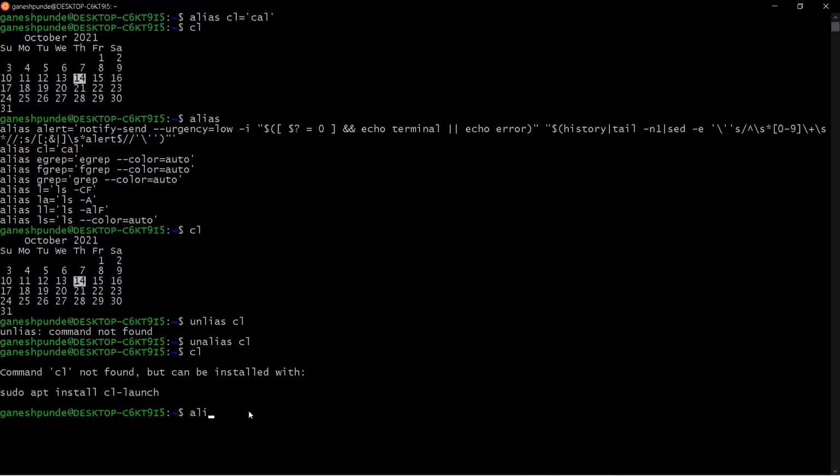You can simply say alias. Now let's say this time I'm using some big command. I am saying D20F, which means directory 20 files.